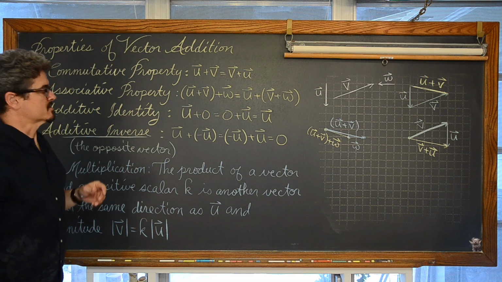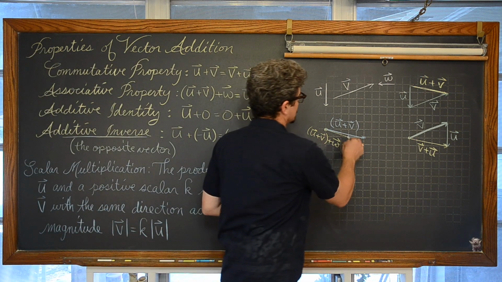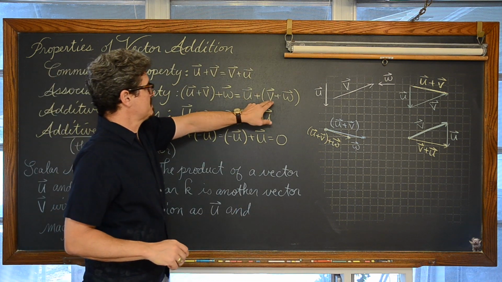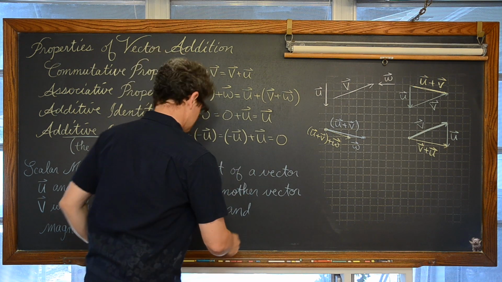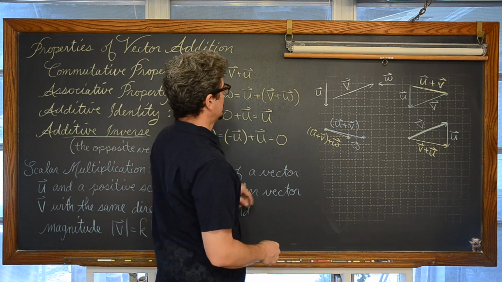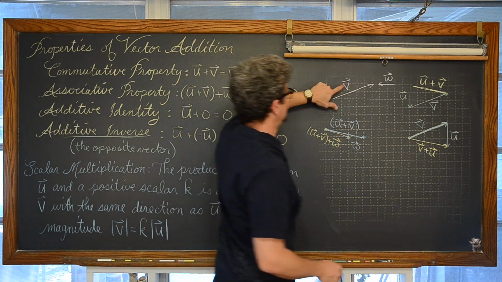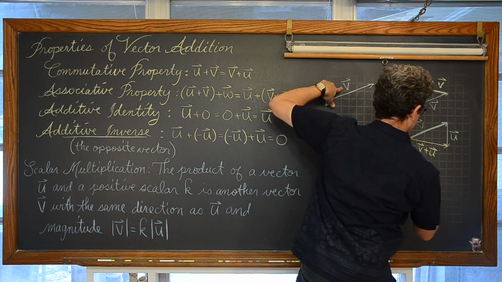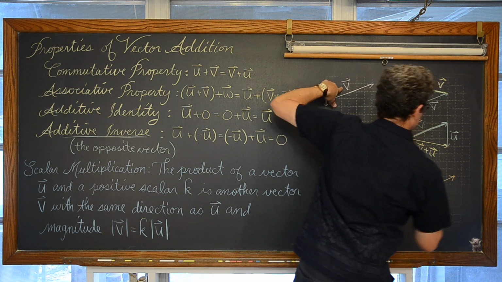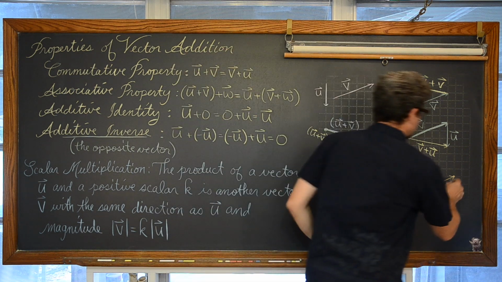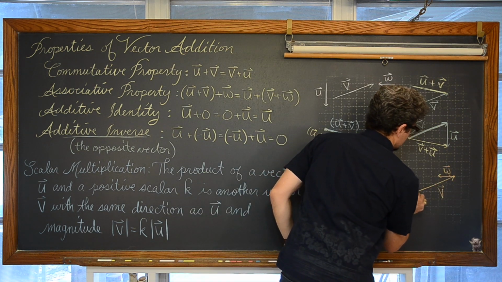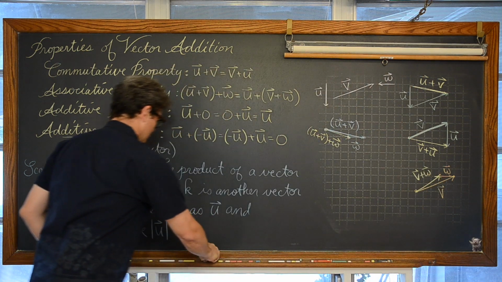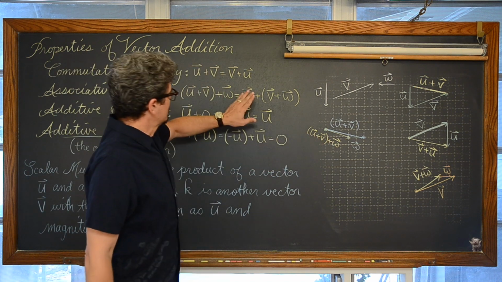These are just examples, of course. This isn't like a proof or anything. But I have a vector that's going to the right 3 and down 1. Now it says here, first I have to do vector v plus w. Okay, so let's run out of colors here in orange. Vector v plus w. V is up 2 over 5, right? Up 2 over 5, vector v. W is back 2. Yellow for the final answer. Start at the initial point, end at the final terminal point. Okay. Now, let's see. The right side of this identity.